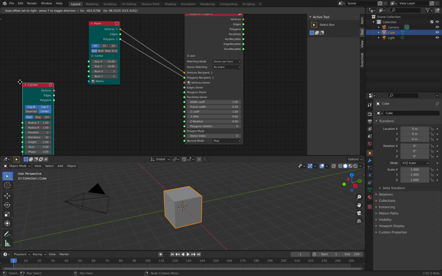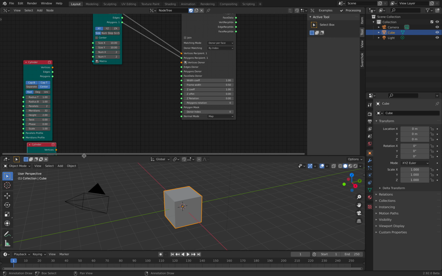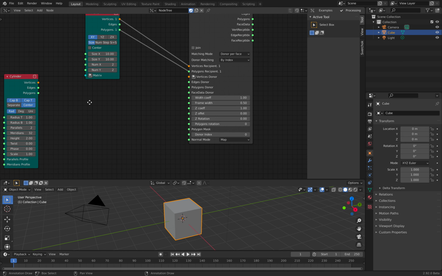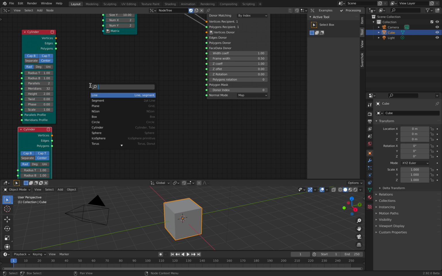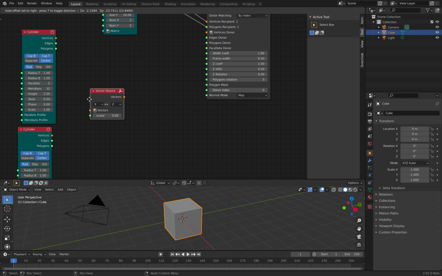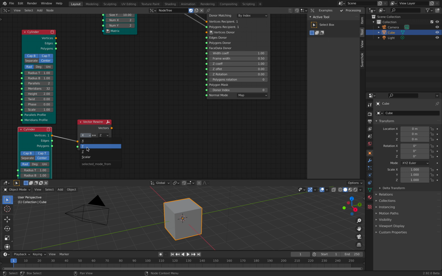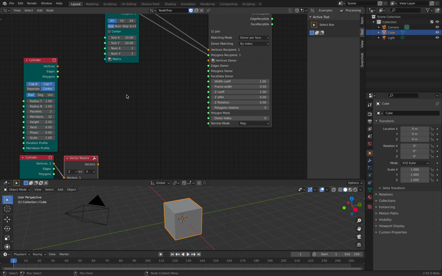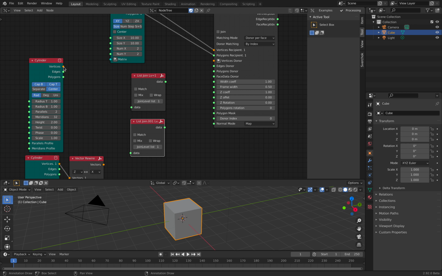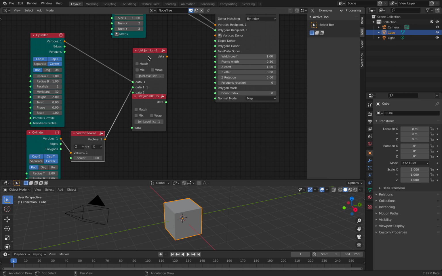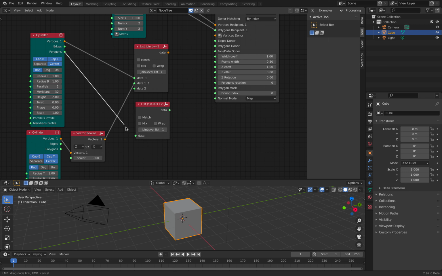What I'm gonna do is have two cylinders. Actually, just a single cylinder, and I'm gonna join. With the second cylinder, I will rewire, so instead of facing up, it should be facing the x-axis. So we have two cylinders, and I will simply join them together. Please join. This is the only thing that's kind of a hassle, but still it's pretty cool that you can do this. So this is like joining the data,